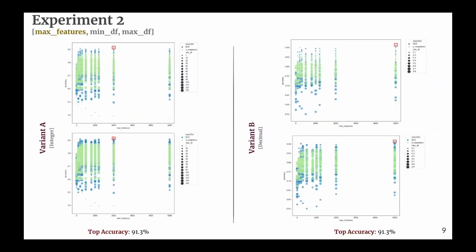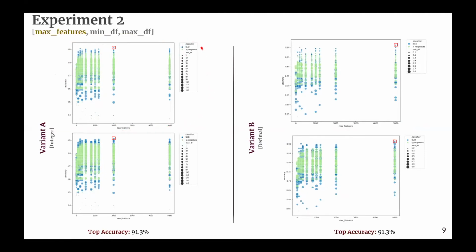Now we're going to move into experiment 2, but before showing you the results, I want to make sure we all understand what these graphs are doing. I know many of you have worked with them, but if you haven't, fear not. I'm going to explain real quick what they do. This is a scatter plot, and what we want to do is show more dimensions than just two. On the y-axis, we have the accuracy, and on the x-axis, we have the parameter that we're going to try. In this case, we have max features.